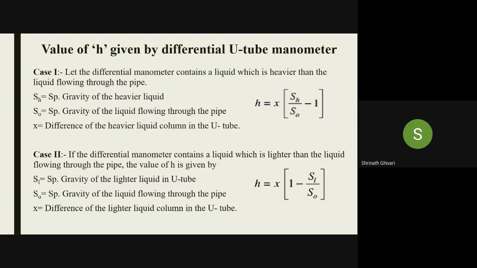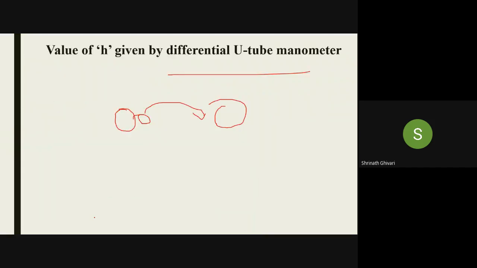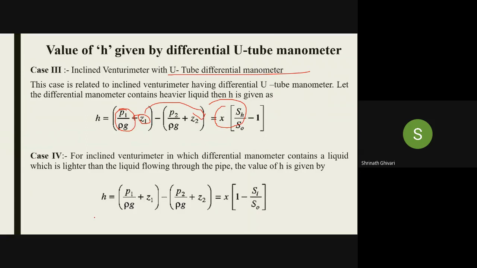The H value will be the same. But what happens is P1 by rho G minus P2 by rho G equal to H. Remember this. This is this expression. But here, the next equation I am taking is this one, because Z1 and Z2 won't be equal to each other. Therefore, Z1 and Z2 are taken separately, and the equation will be like this. Okay. So next is